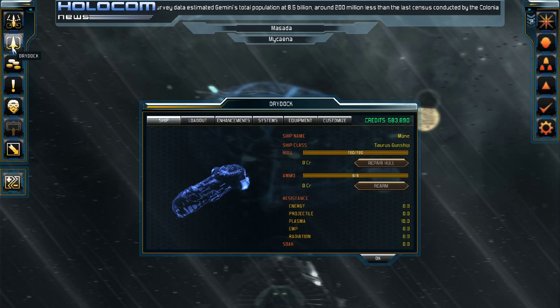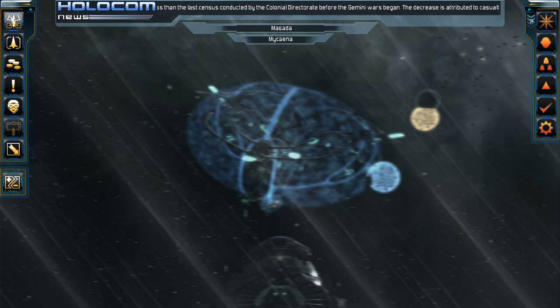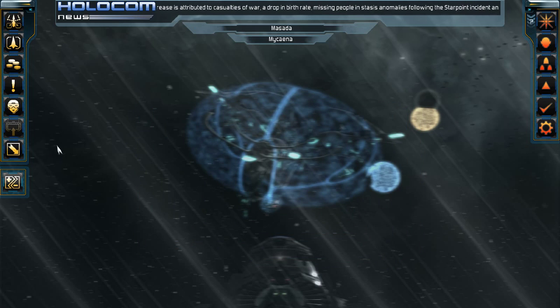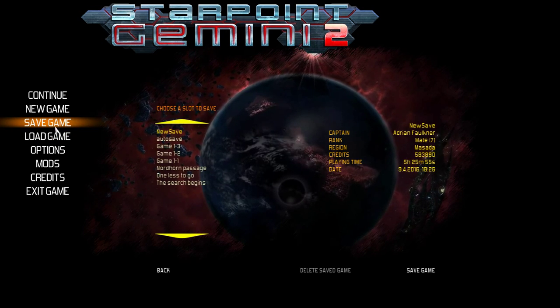And while we're here, let's go to the dry dock. Now, we didn't take any damage or shoot any heavy missiles, so we don't have to do either of those. And that's it. We're a little closer to getting that $6 million ship. So if you see, I earned 40 grand just doing those little things there. I'm going to go ahead and go on out, save my game,